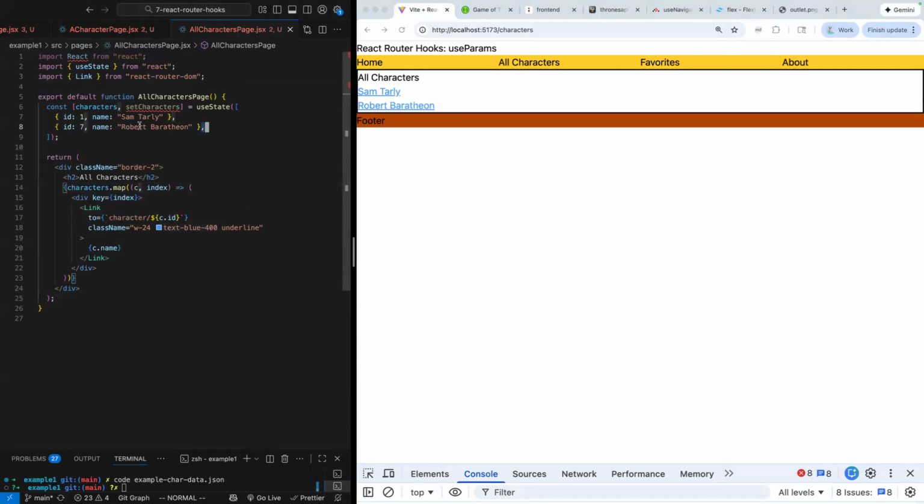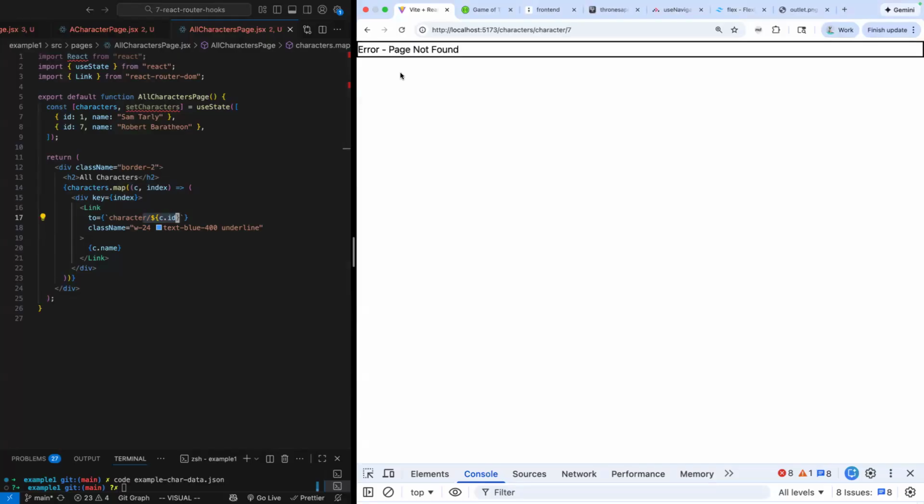And right now we have some dummy data here in some component state that's basically an array of characters and really just IDs and names. In a little bit, we will actually make an API call to get this data. And we're using the React Router DOM Link component along with our URL param so that if I click on a character